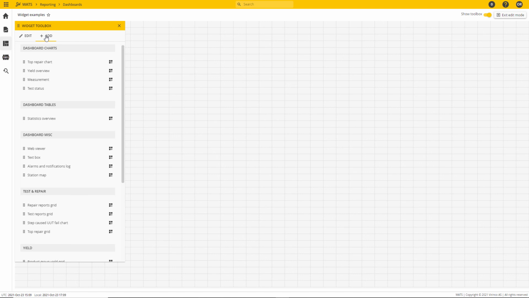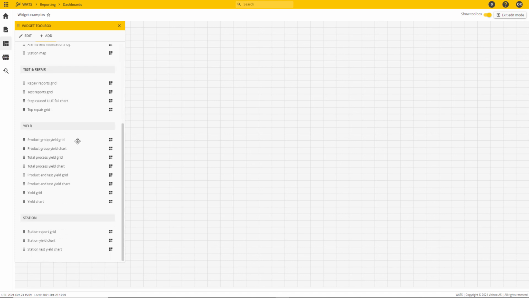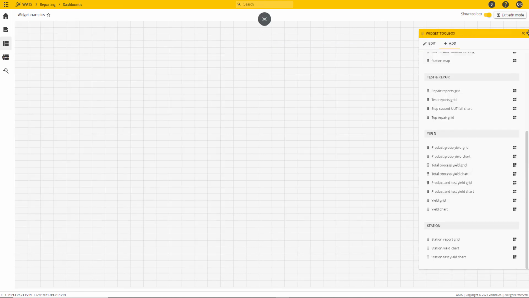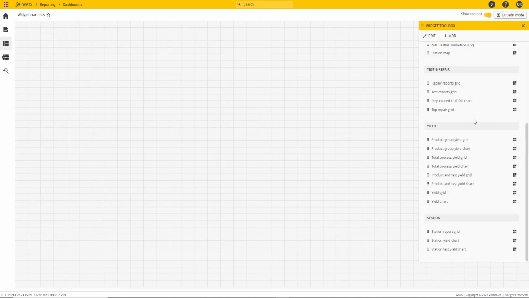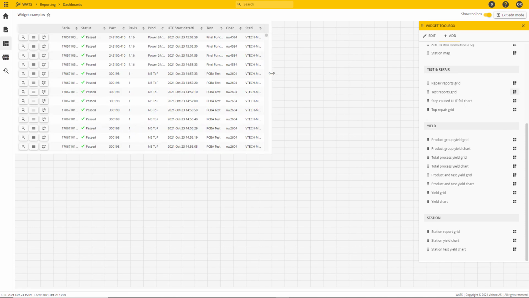First, I want to take a look at the widget grids. Although there are a lot of them and they display different data, they fundamentally work the same way. So let's demonstrate by selecting one of them. And I'll choose to use the test reports grid. I'll add it to the dashboard,